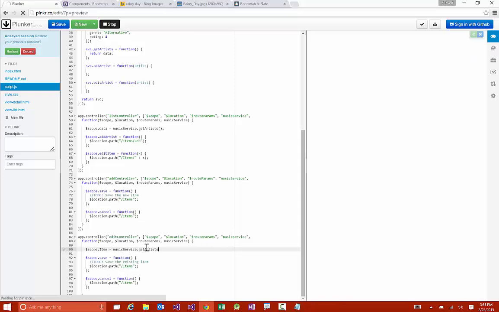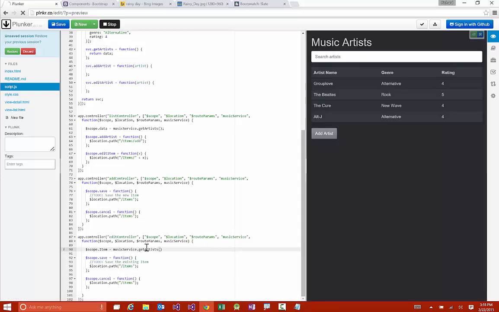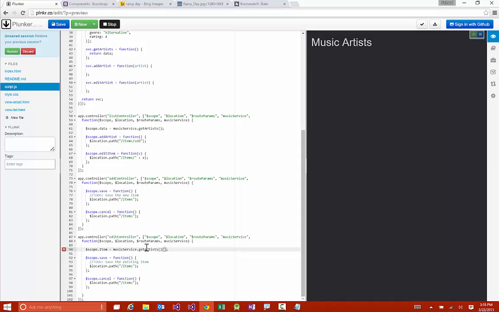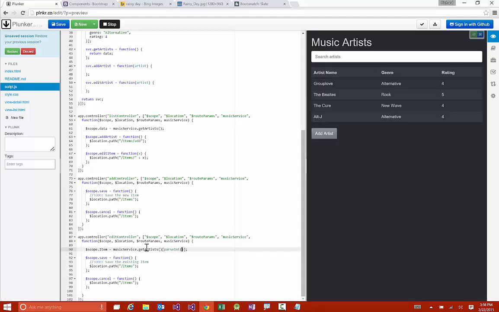And now I want to reference it by the index of it, right? Because that's what we're passing in here. So in order to reference this, I'm going to say parseInt, because it's going to basically bring it back as a string. But I'm going to use this other dependency that I put called routeParams. And I'm going to say route